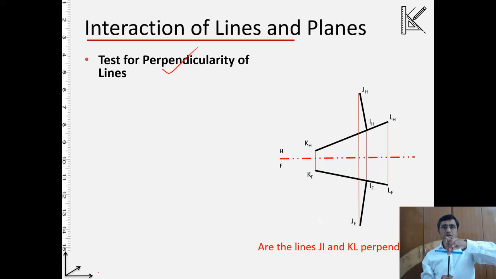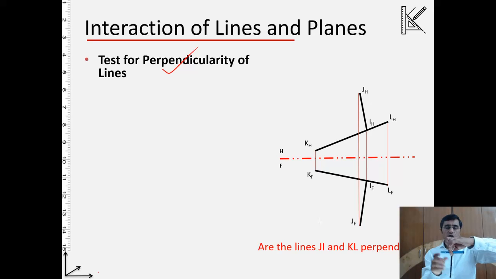There's one more condition. Now I rotate the top line. I have rotated the top line, so it is no more parallel to the frontal plane. But this line is still parallel to the frontal plane, so this line will still appear in its true view. In this case also, if you see the projection on the frontal plane, the angle between the projection of the blue line and the projection of the black line onto the frontal plane will still make a 90 degree angle.